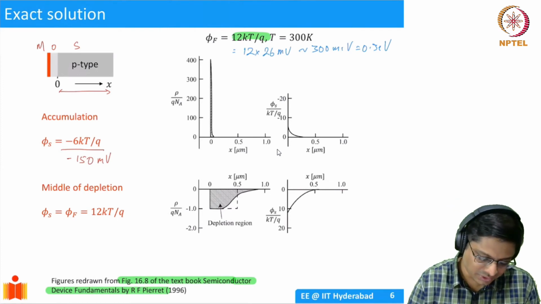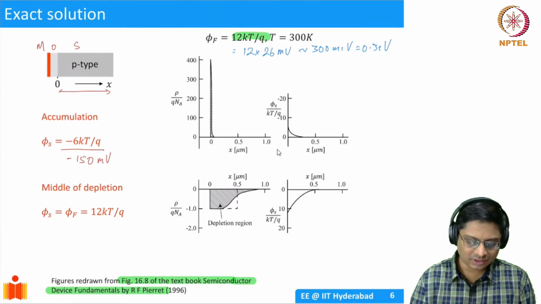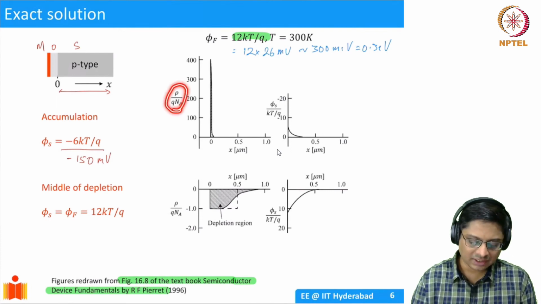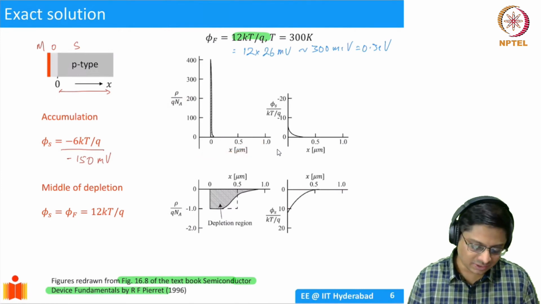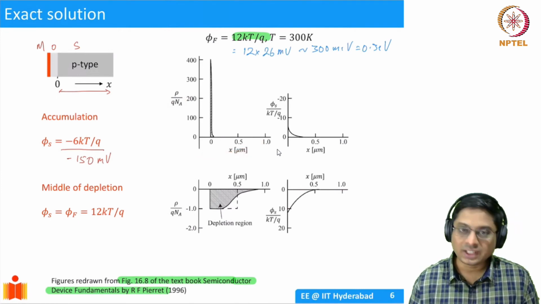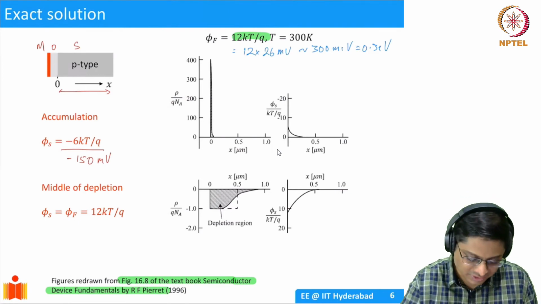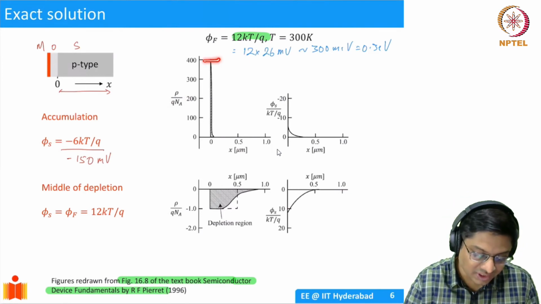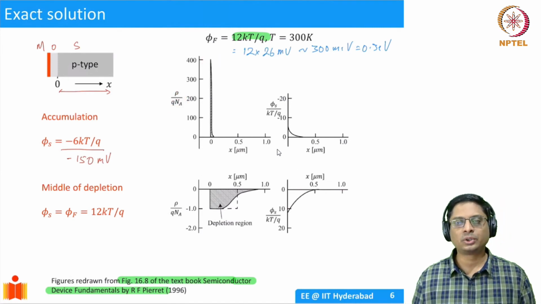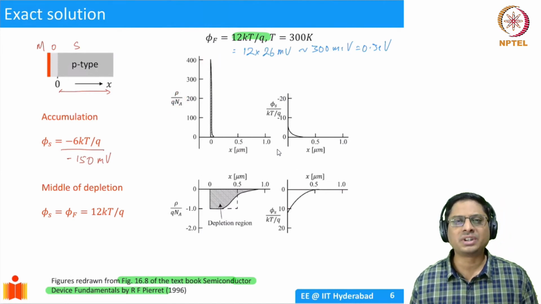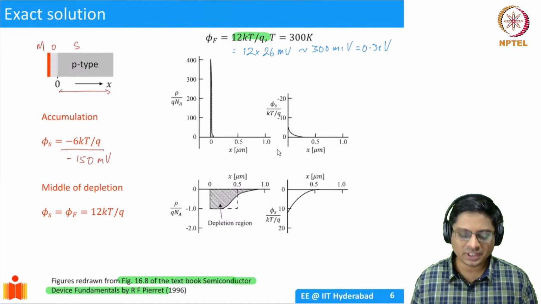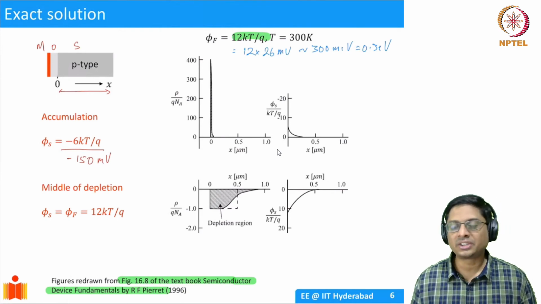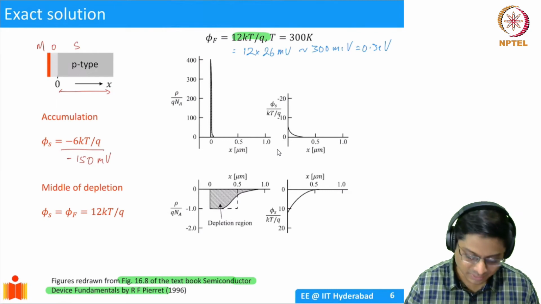So the first figure here is showing you the plot of charge density as a function of x. Okay. And what you see here is that there is accumulation. When there is accumulation, the charge density is nearly 400 times the doping density. So we have a strong accumulation. If your doping density was 10 power 15, then this is basically 4 into 10 power 17. Right? So a strong accumulation of holes and right at the interface, remember.